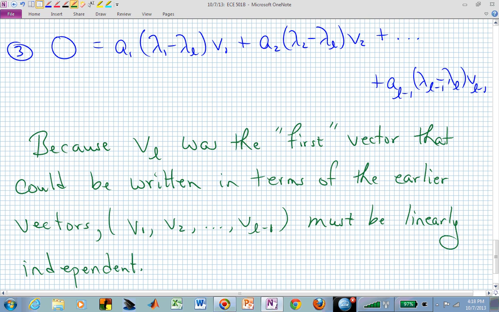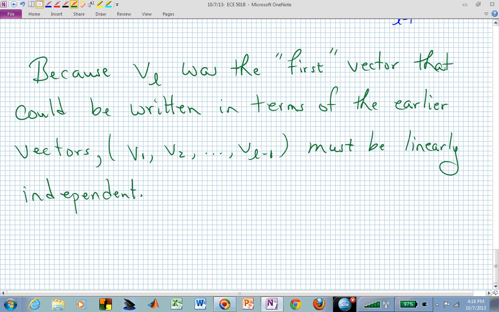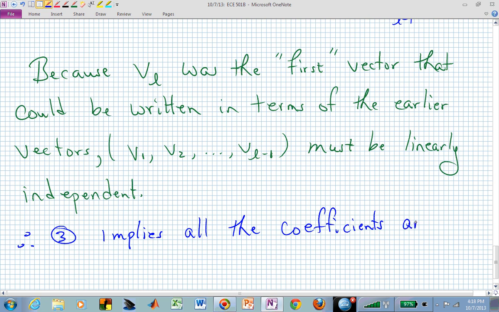Either have all the A's 0, or we could have something mixed up with these distinct eigenvalues. Therefore, because of 3, that actually implies all of the coefficients are 0,